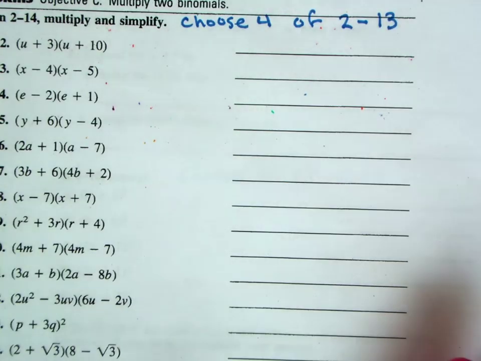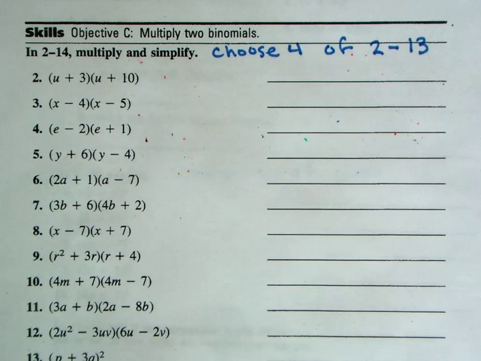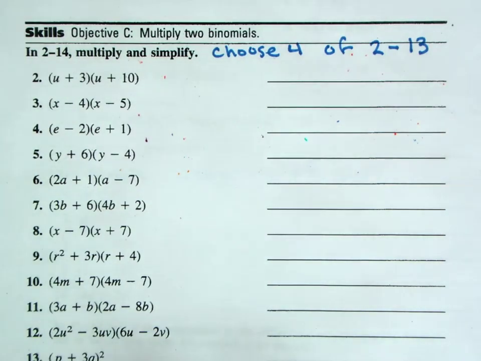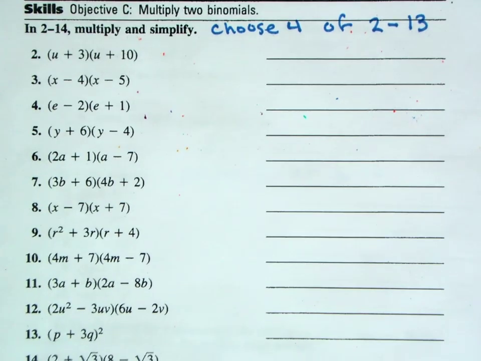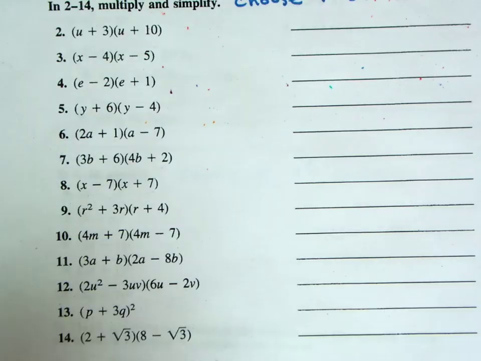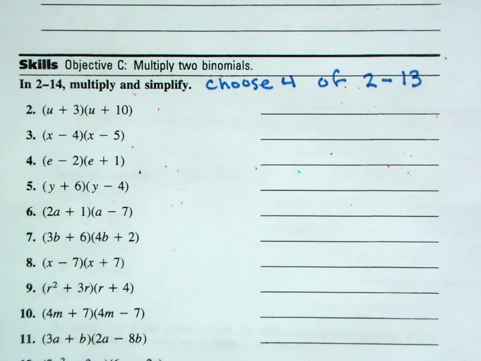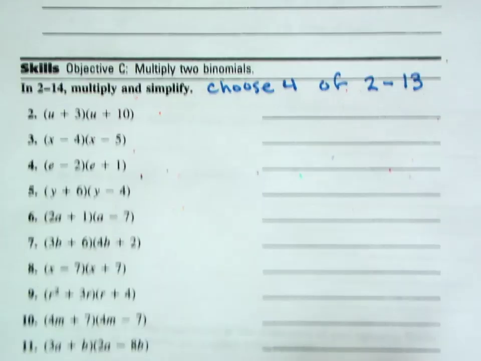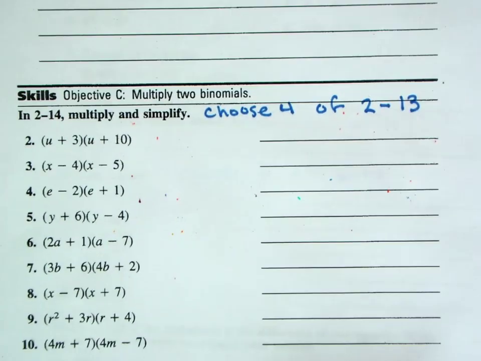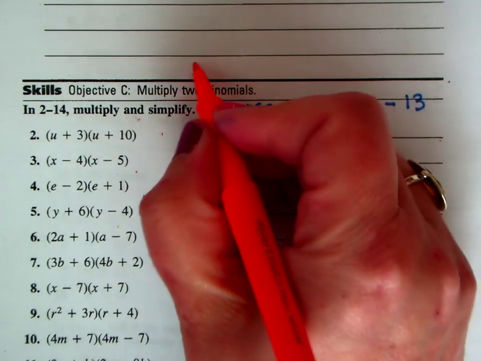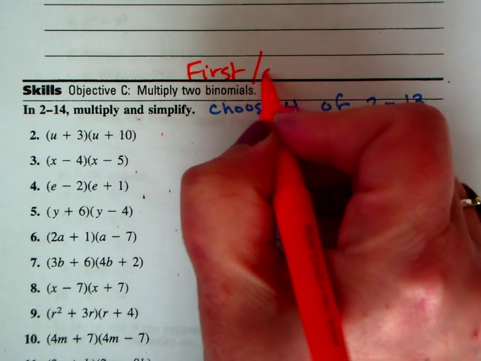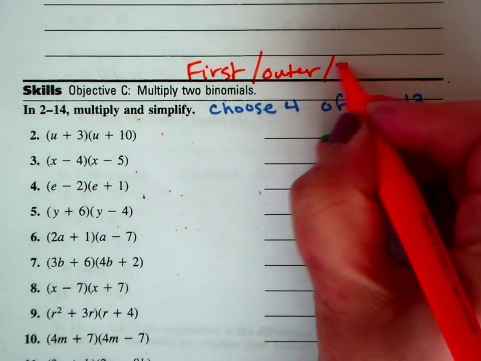All right, I am much more concerned about these types of problems. So when you multiply these through, and only up till 13, I don't really want you to worry about the one with the square root. All right, so the u plus 3 times u plus 10. Now, we're going to use this algorithm, the first, outer, inner, last. So remember, first, outer, inner,